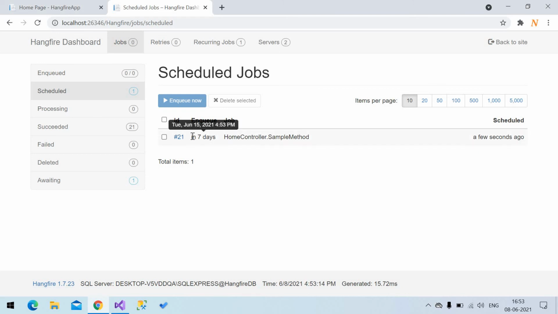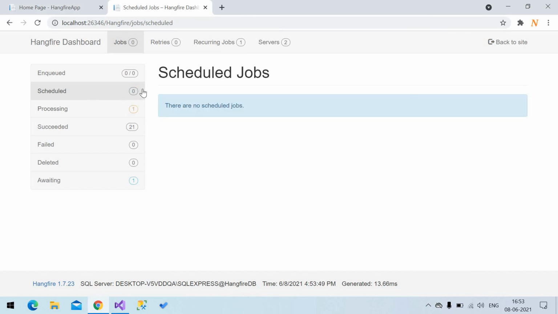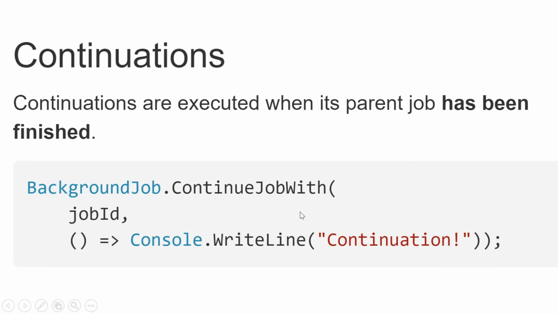Because this is configured for 7 days, let's execute it now. So now it is enqueued and in processing state. Look at the waiting state. Once the parent job is done, the child job also got executed. So these are continuation jobs.